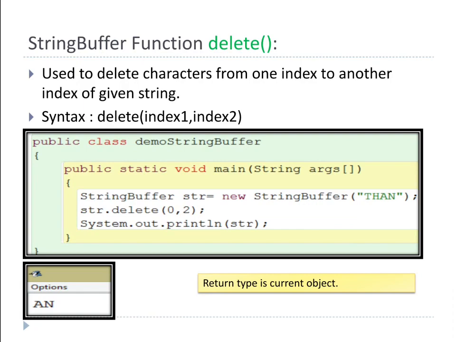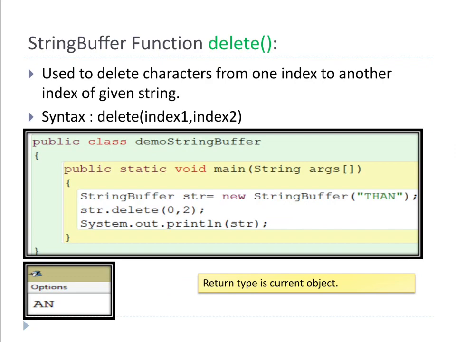Then the next one is delete. Delete, from the name itself, is going to delete some characters. We have to mention the first index and the last index. But what you have to remember again is the index location.